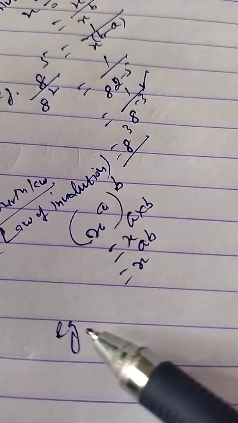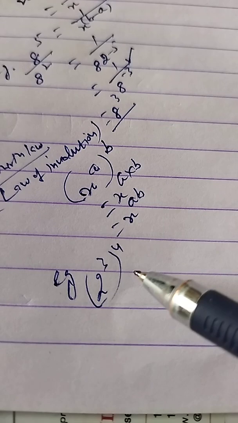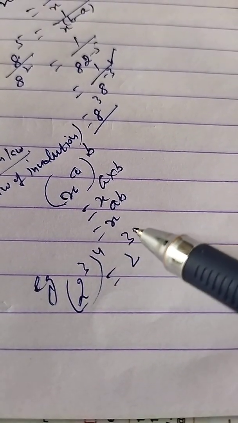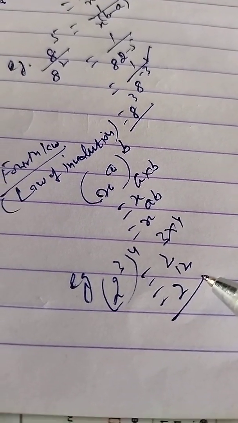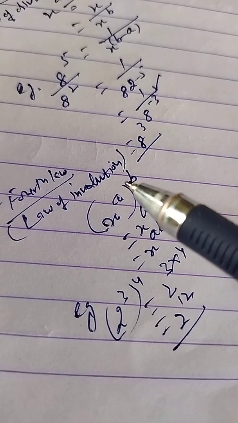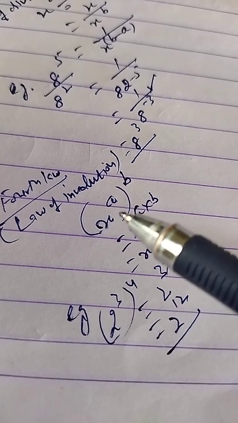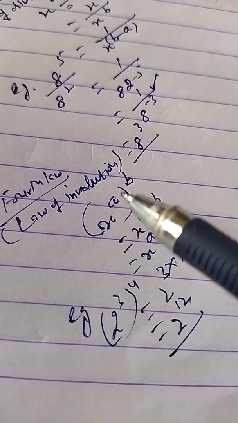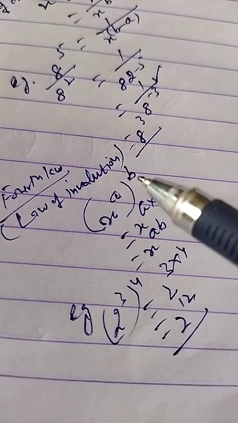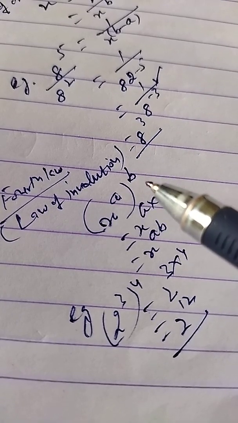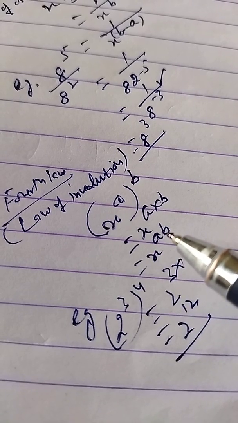For example, if I am saying 2 raised to the power 3 raised to the power 4, so it will be expressed as 2 raised to the power 3 into 4. So that is called 2 raised to the power 12. So this law, power law also you can say, law of involution, power, whole power. Power will be taken 2 times, so then I need to use the bracket over there. If it is given x raised to the power a and then it's whole raised to the power b, I need to multiply these powers all the times. So x raised to the power a, whole raised to the power b, will give you x raised to the power a into b.